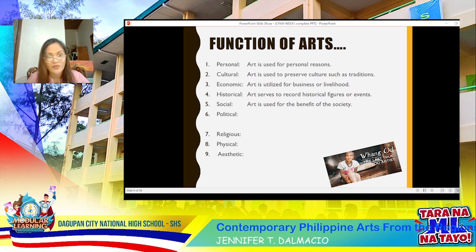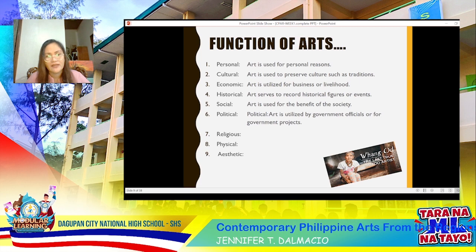Particularly in the mid-80s, we have this in a certain big television network which is entitled Abangan ang Susunod na Kabanata. It depicted the realities during that period, the mid-80s. And what is the satire all about? It's a literary work that holds up the human follies and the vices to ridicule.